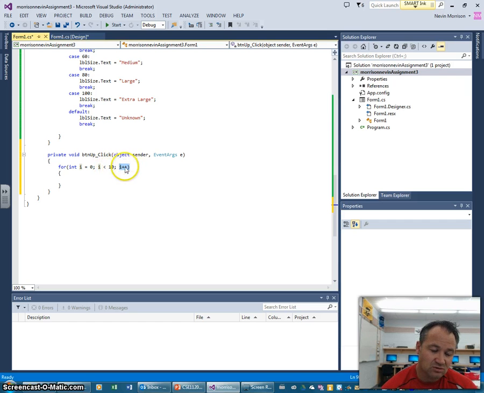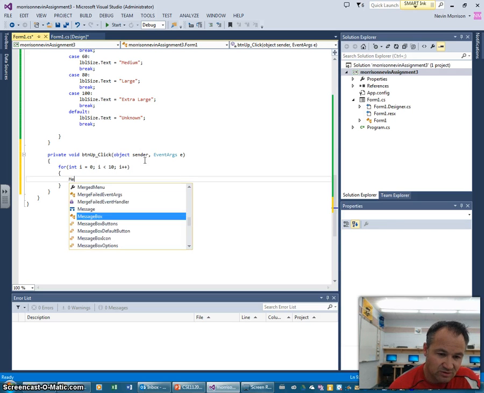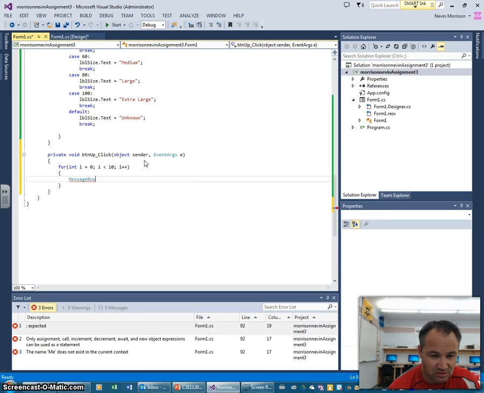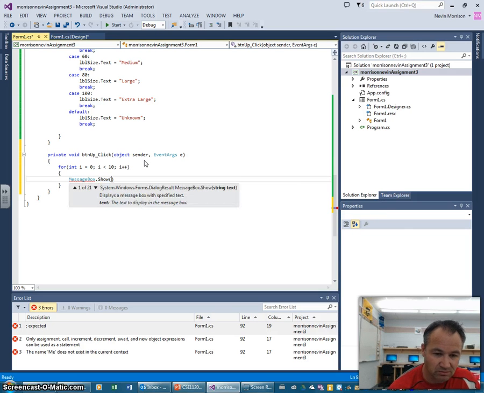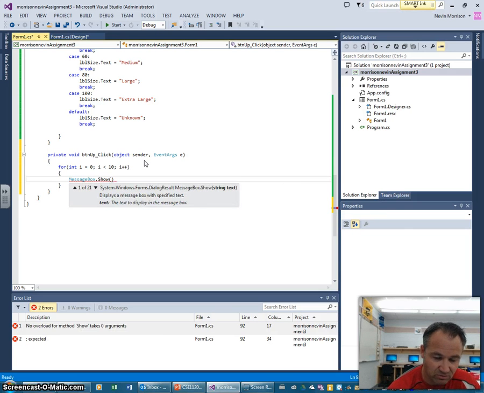It's going to do whatever I have in these brackets here until this condition is no longer true. And so what I'm going to put in, and we haven't used this before, is MessageBox.Show. This is something that's built into the .NET framework. It's a way for us to show a pop-up box, which has a place for me to put a message in there. So I'm going to say MessageBox.Show